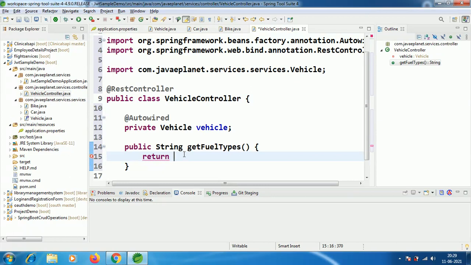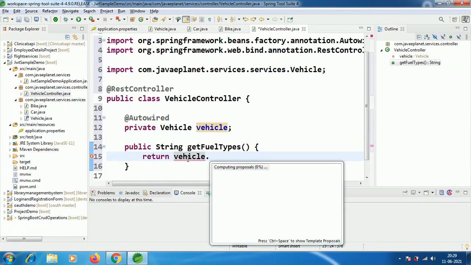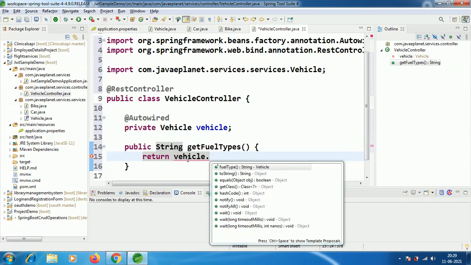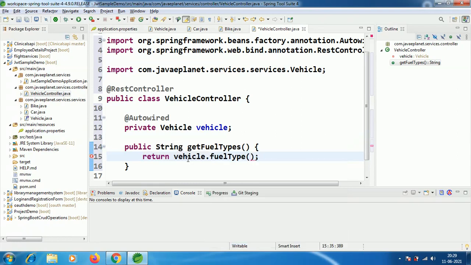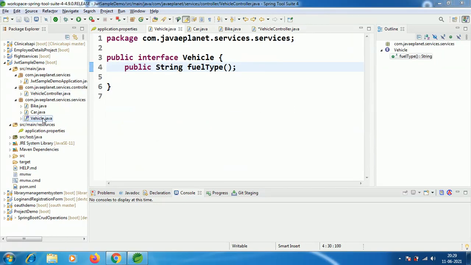Using this reference variable, vehicle dot, I'm calling the fuelType method, which is in the VehicleInterface and is an abstract method.